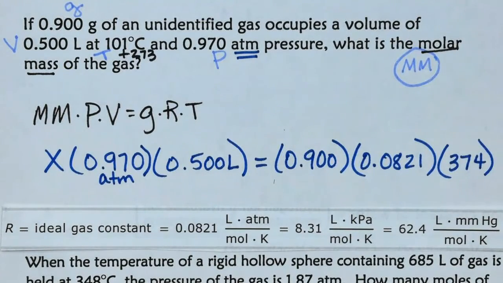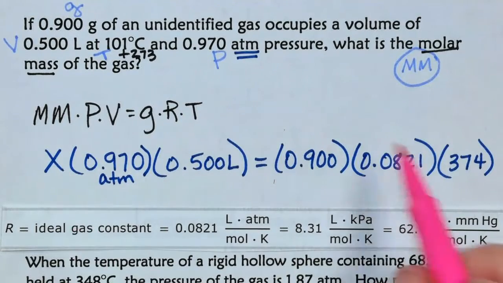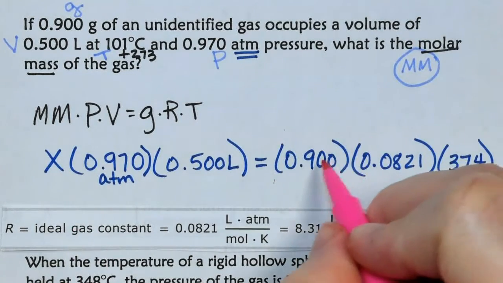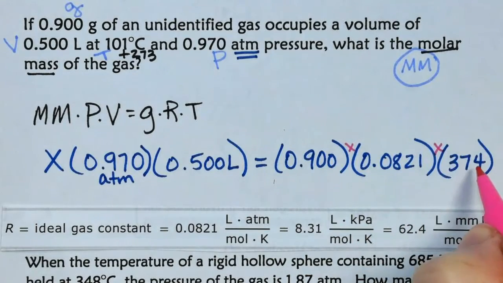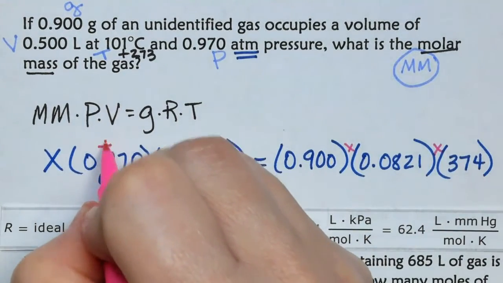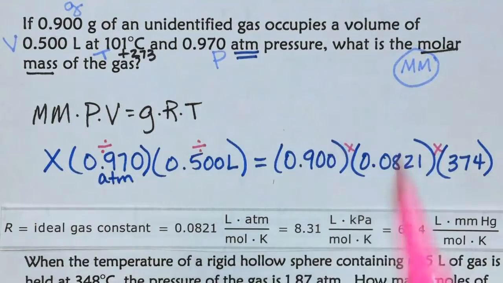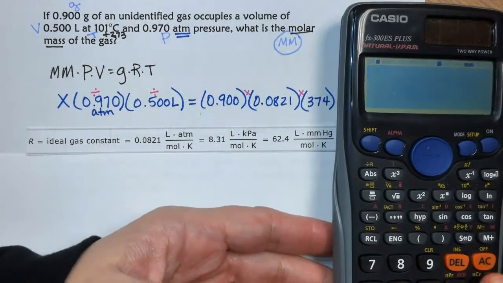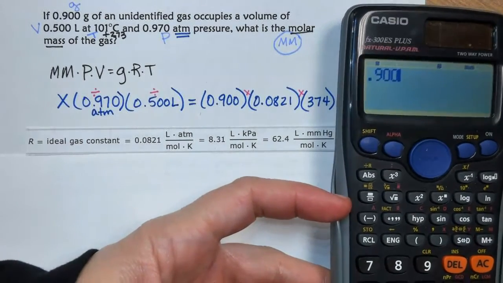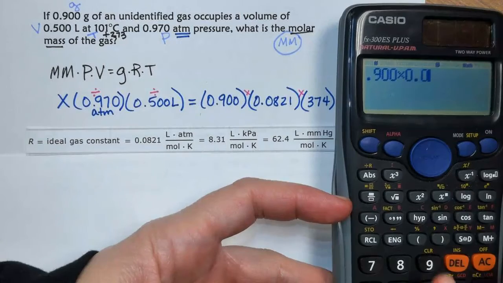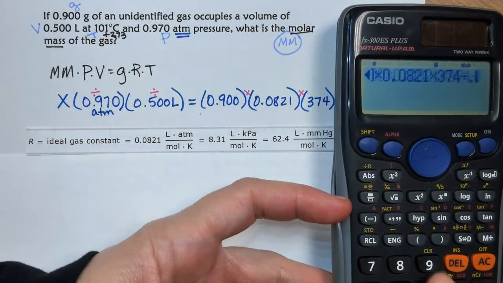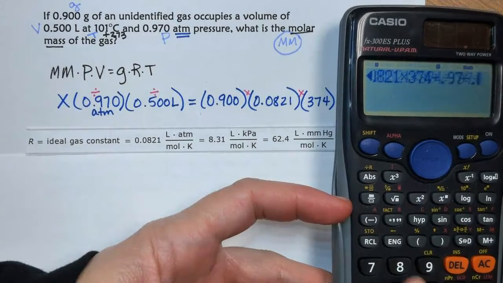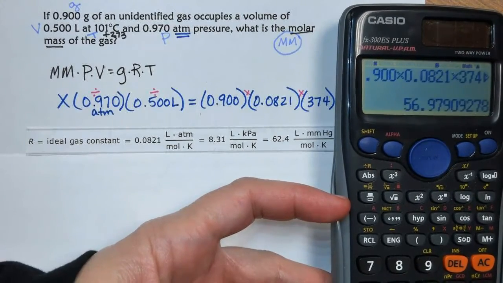So now we can calculate our answer. See how our X is on this side? We're going to start on the other side. We're going to do 0.90 times 0.0821 times 374, and then divided by 0.97, divided by 0.5. The calculator will do 0.900 times 0.0821 times 374 divided by 0.97 divided by 0.5, and that's going to equal